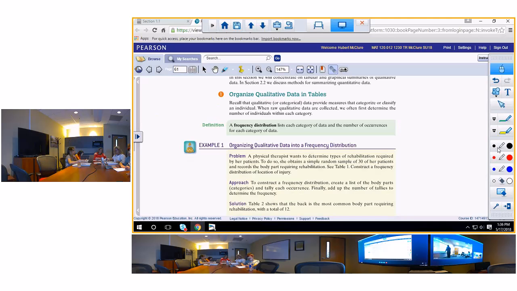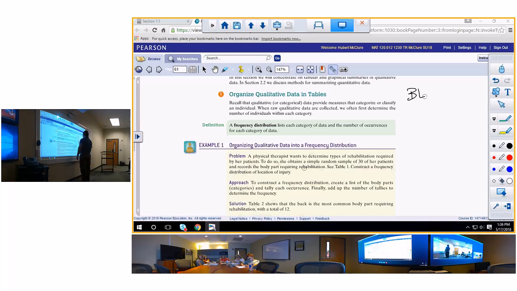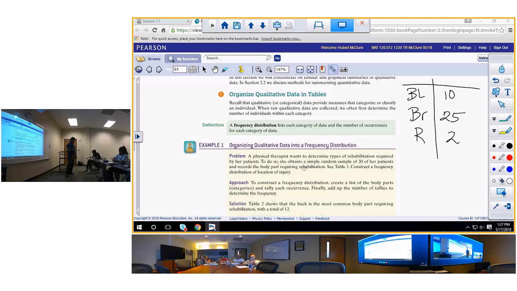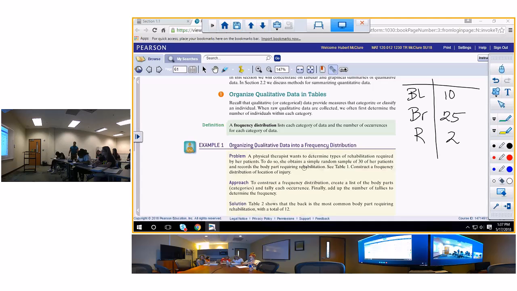If I tell you to tell me blondes, brunettes, and redheads, 10, 25, and 2, you have just made a frequency distribution. Make sure you hold your pinky up when you say it, because all it is is a table. It's got two things. It's got a category or a class on the left,